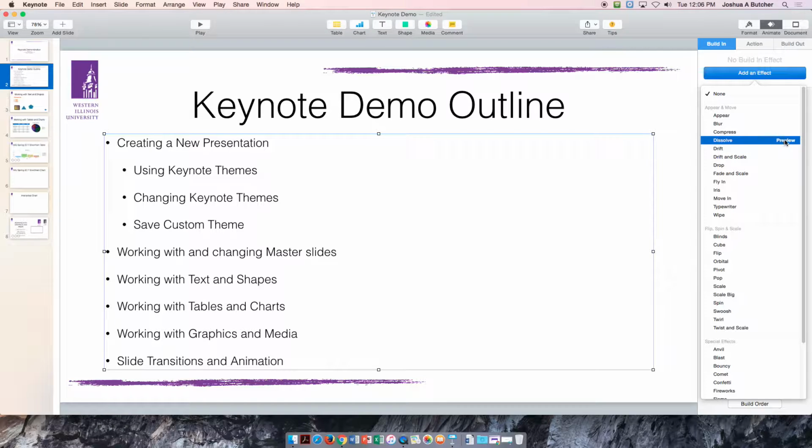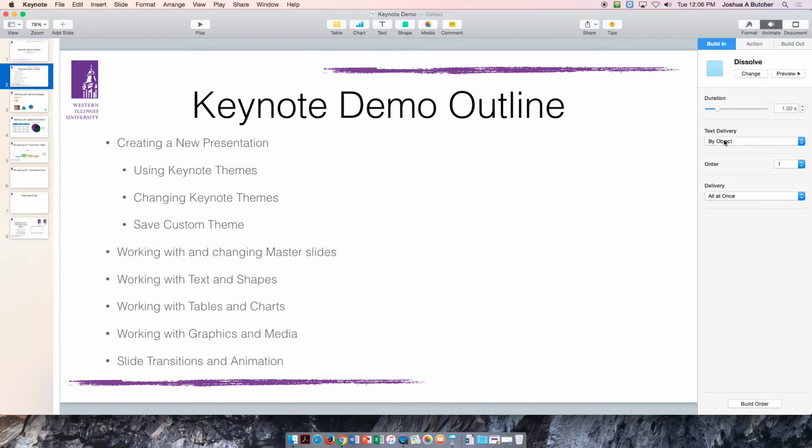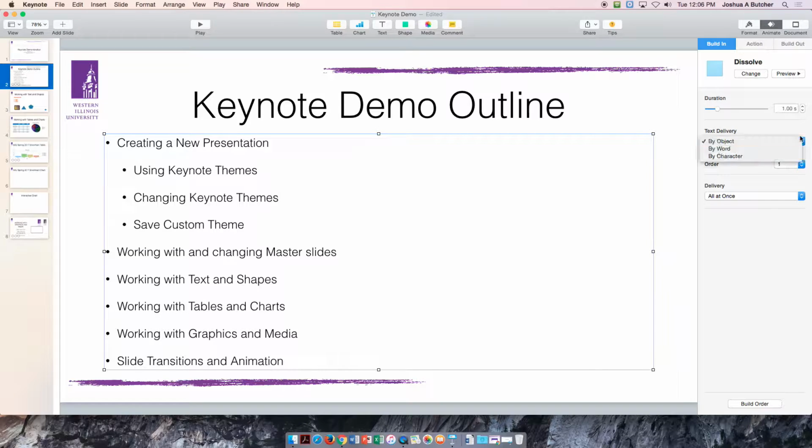I'll do dissolve and have it dissolve in. That's kind of like the fade one. But you can have it dissolve in or build in by object, or by word, or by character. Obviously, by character would be very annoying. That's like the typewriter effect. By character, everyone, none of that. You can do delivery all at once or by bullet or bullet group. So if we do by bullet